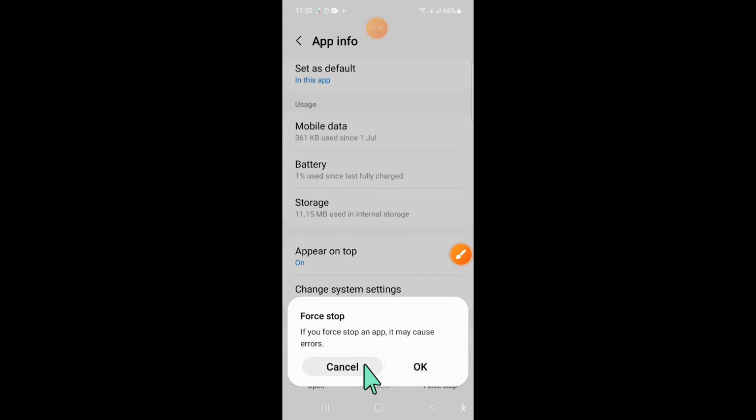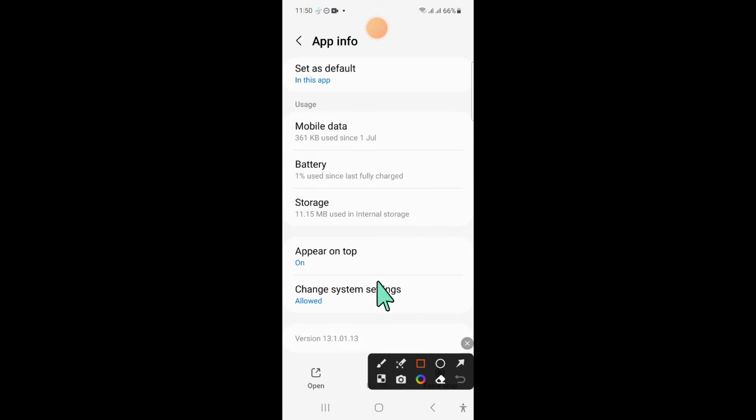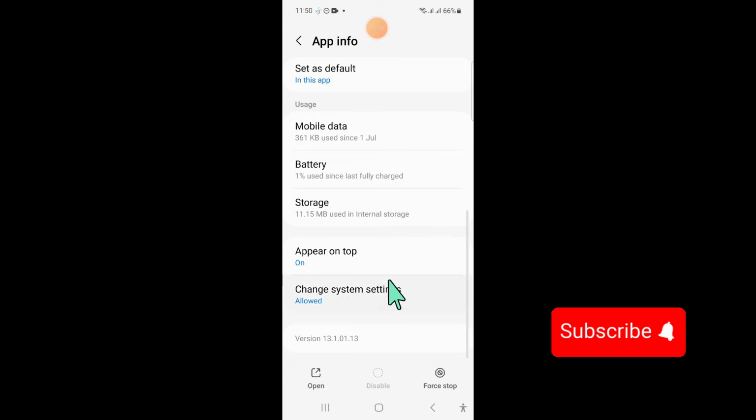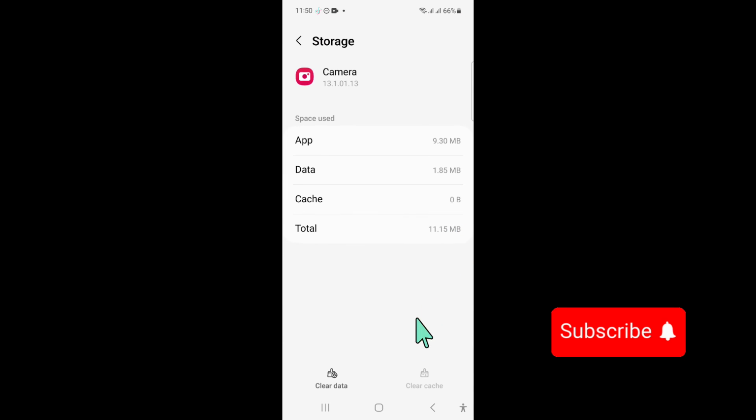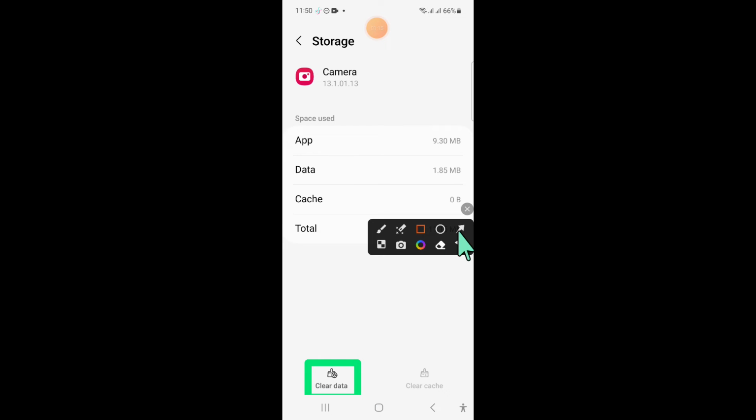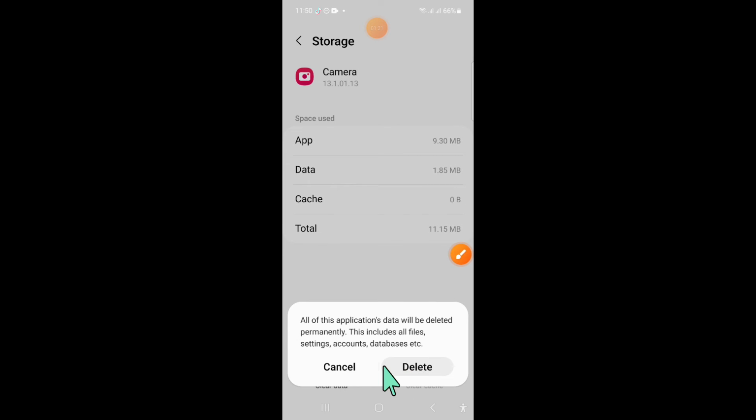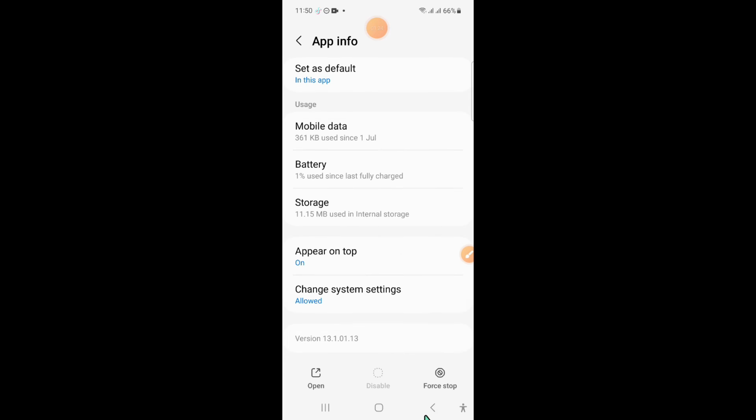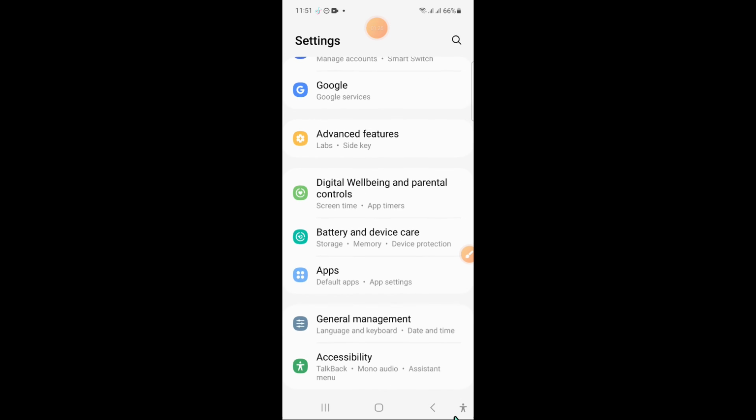Now click on OK to confirm and then click on storage. Now in storage, clear the app data and cache memory of camera app. Now here click on delete to confirm, and after that go back to settings